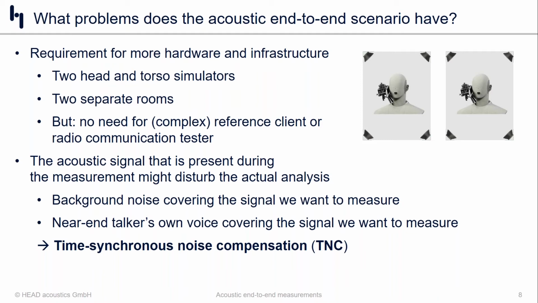However, one of the great things is we don't have any need for complex reference clients or radio testers. This is a straight up use the devices as they come commercially off the shelf, place them in a phone call on the live network, and you test,